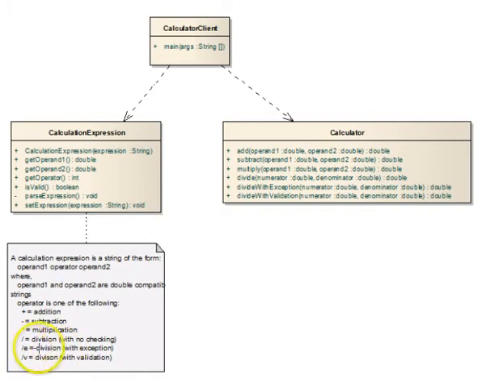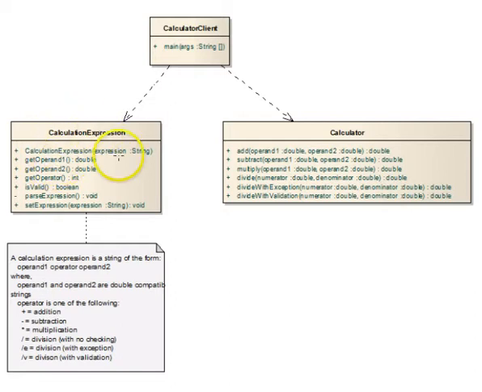A slash little e is a division with an exception that's thrown, and a slash with a little v is a division with validation. The calculator has add, subtract, multiply, divide, divide with exception, and divide with validation functions. And the expression